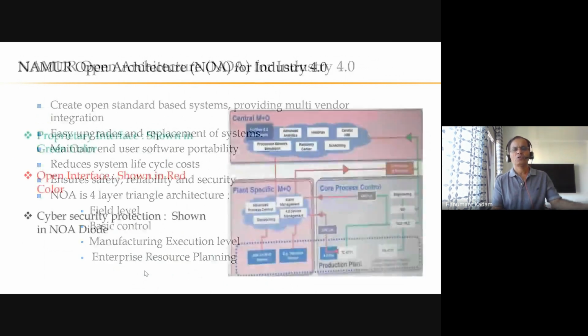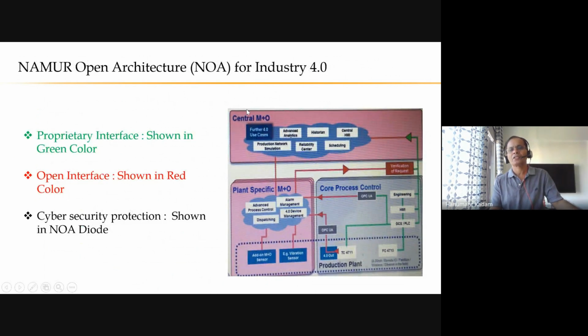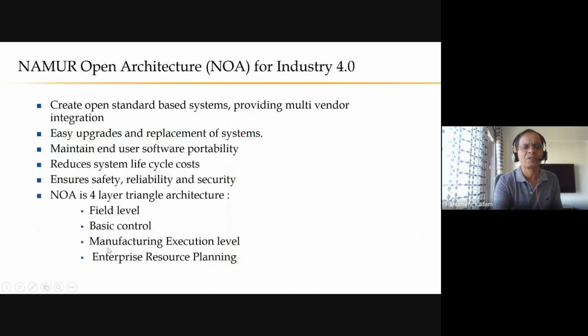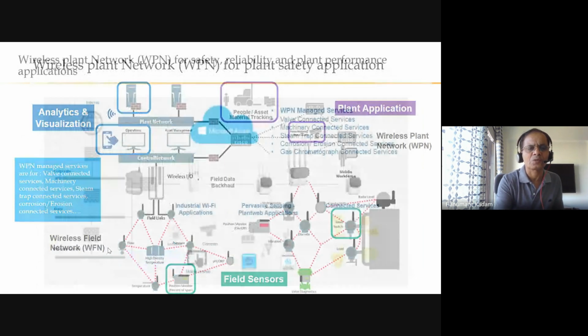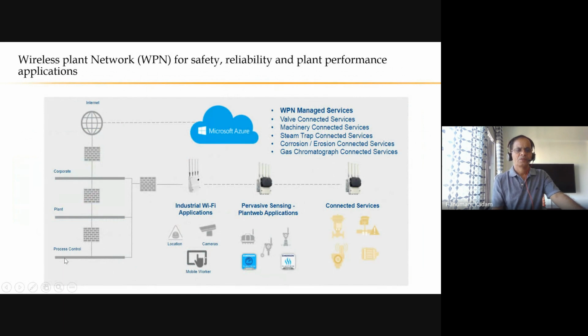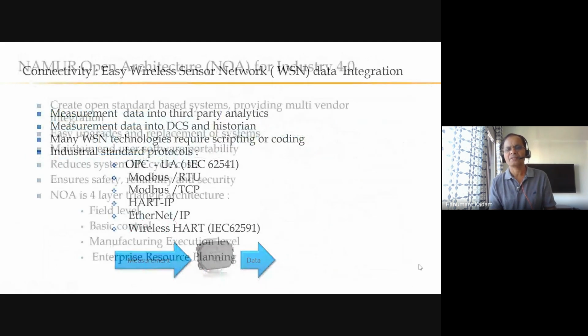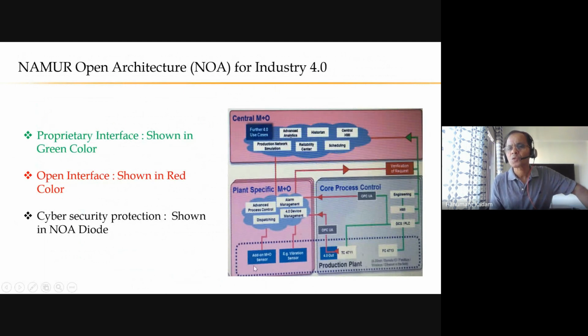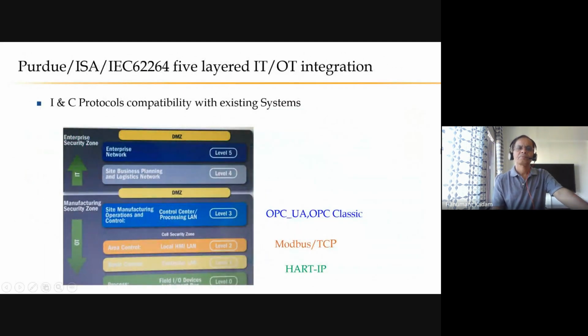triangle, and I will show you here the NAMUR Industry 4.0 architecture. It is the same, you can see, I have shown in this picture also. So this is the field level, below this the process control. This is the second level, control management functions, and these are ERP functions, and this is a triangle. So I will show you the triangle again here. So you see here,